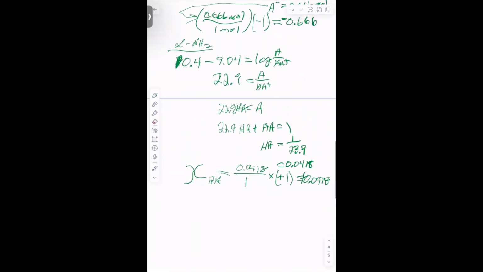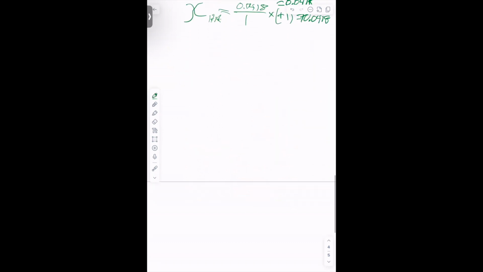So here's the bonus material. Is there another way to do this where you do a little derivation? Is there a way to come up with an expression that you can use from the get-go? I'm going to say, yes, there is. And so we're going to start with